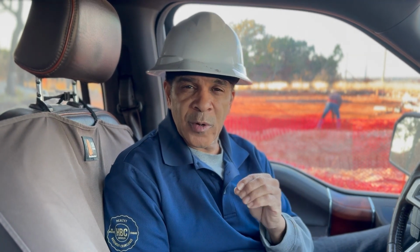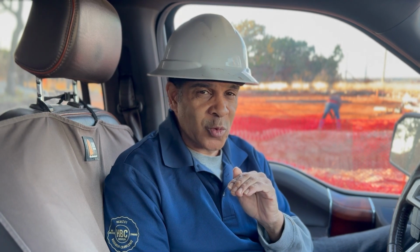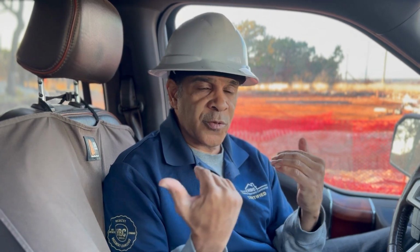slab, which will give us a feeling of an Oreo cookie. If you remember an Oreo cookie, you have the white filling in between the two layers. That is where it's going to allow our water to travel through both of the slabs and run into our drain system. And in addition, we still have our proprietary drain system that runs around the edge. But in this area, water is flowing through, and we know that we're going to get a lot of water,